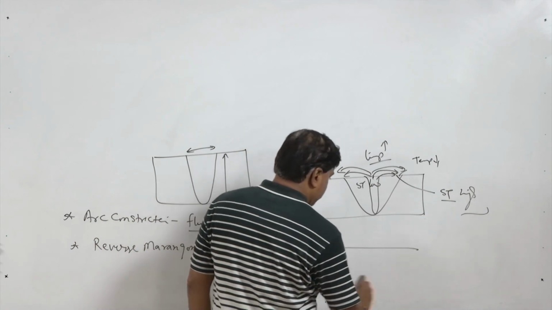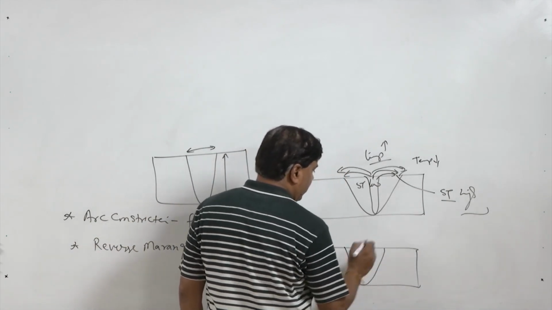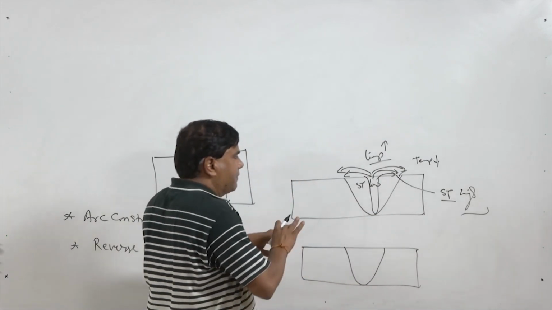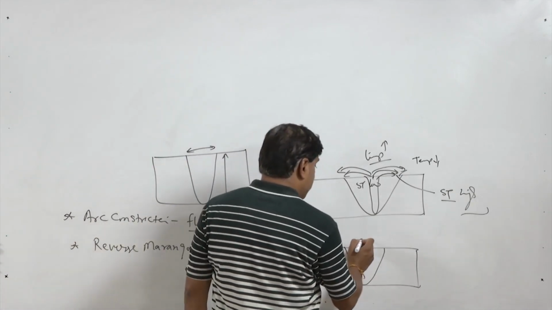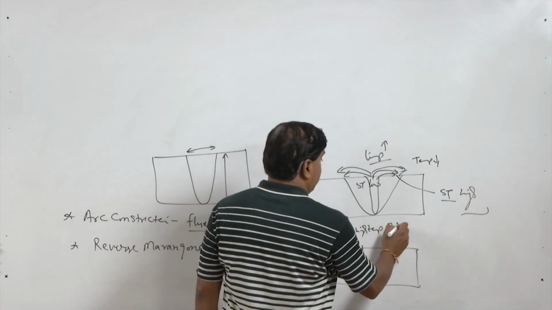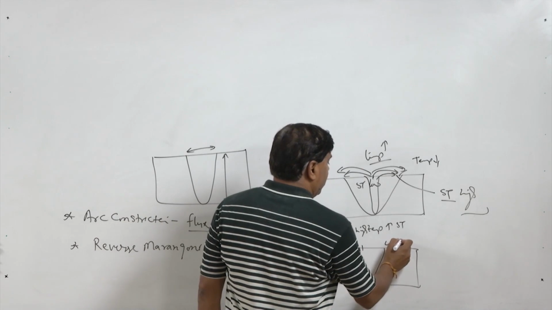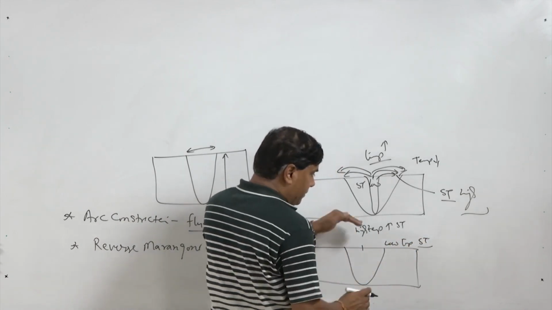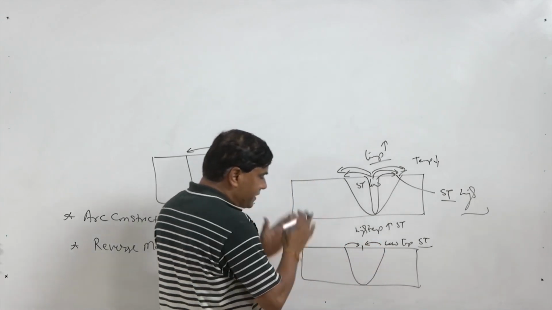It has been proposed that these fluxes reverse this flow pattern. When the flow pattern is reversed, at a high temperature the surface tension behavior is just reversed. High temperature causes high surface tension, and low temperature causes low surface tension. Because of this the flow pattern is reversed, and when the flow pattern is reversed